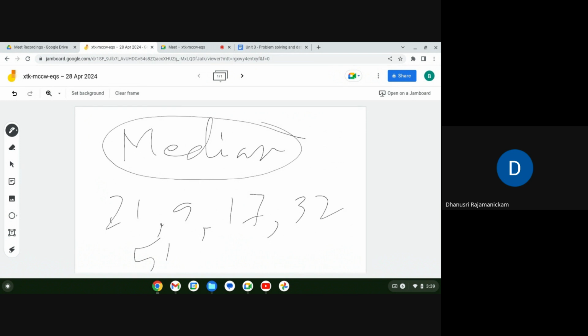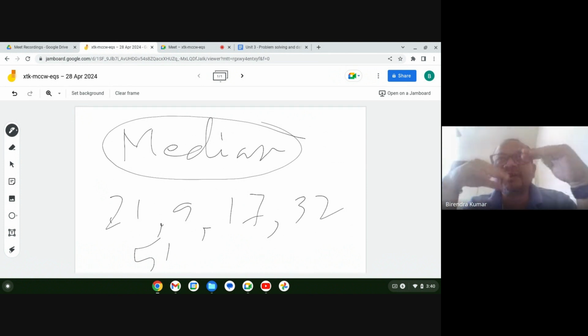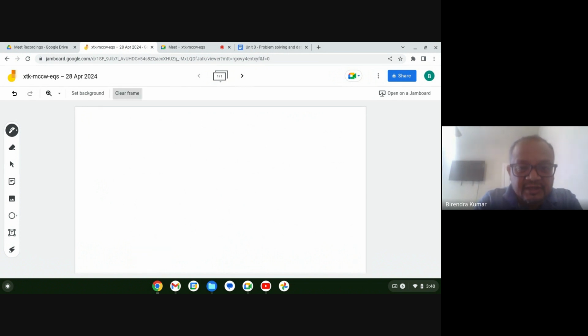you have to put it in order from smallest to the biggest number, and then you have to count to where the middle is. So median is nothing but an approach to find the number in the middle when you have the numbers arranged in a certain order. Okay, so like I was saying, if I have 21, 9, 17, 52, and 35,